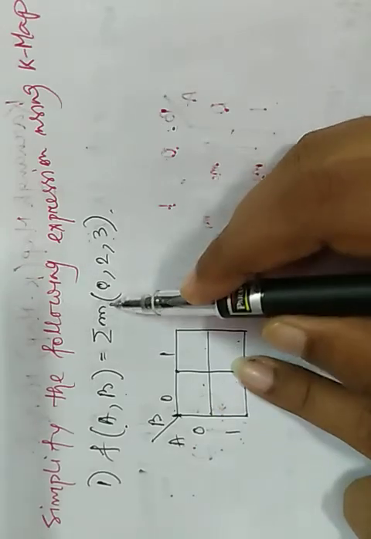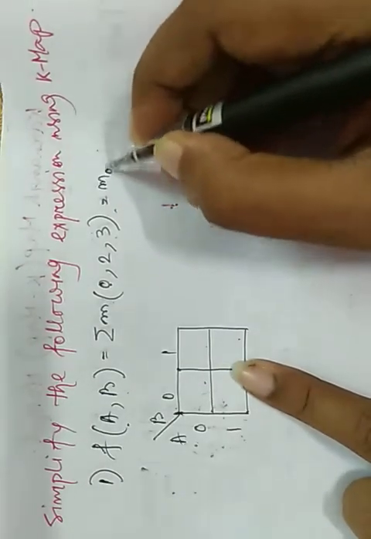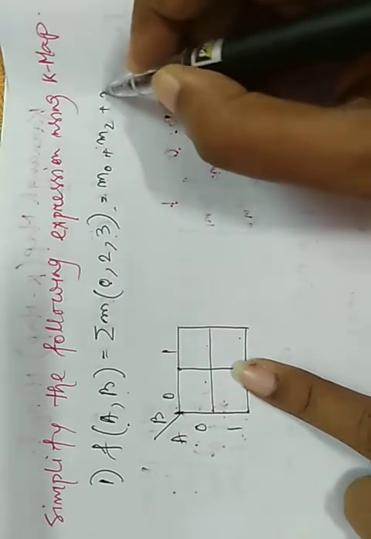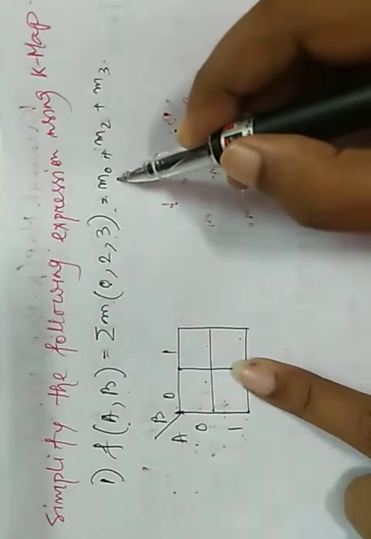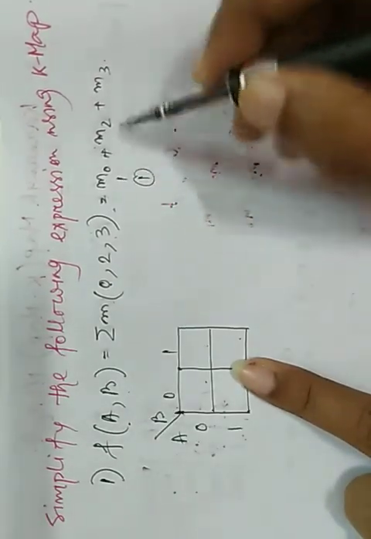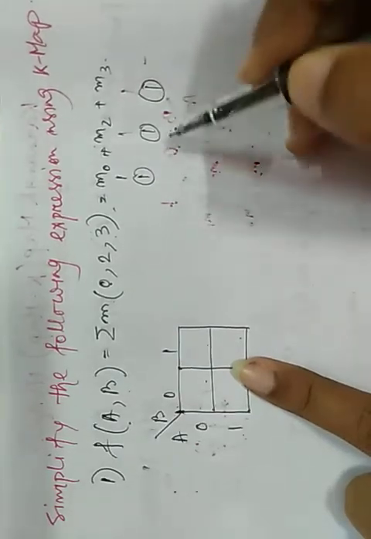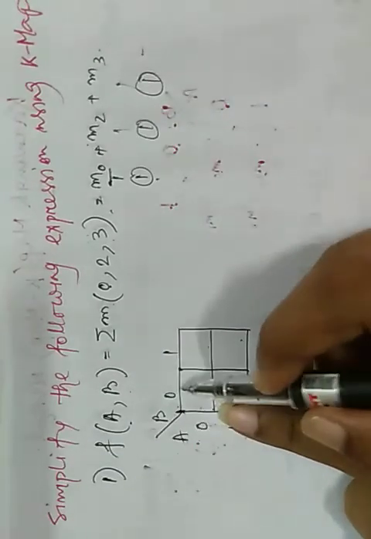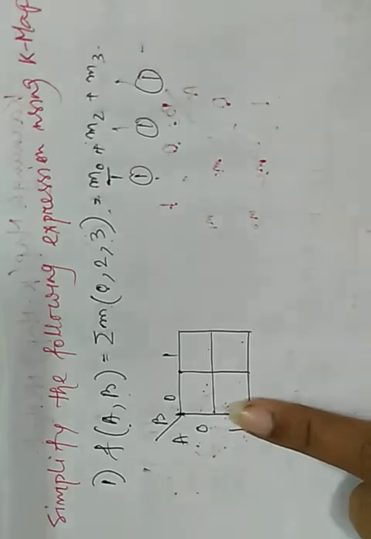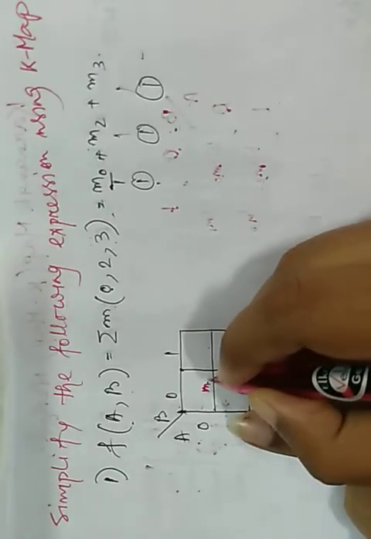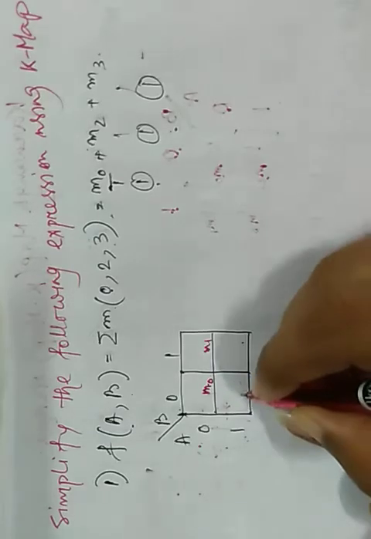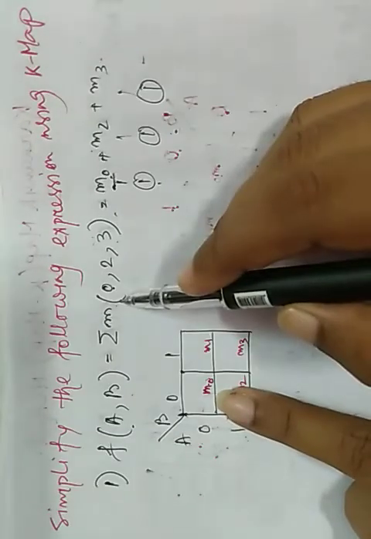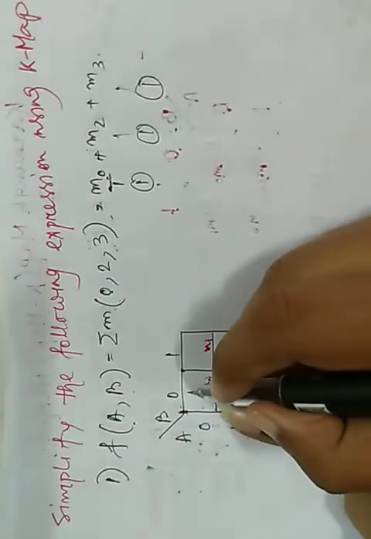0 means M0. M0, 1, 2, 3. What does it mean? It means M0, M1, M2, M3. Okay. So for min term values, we know that we put 1. So we have to put 1 in the cell of M0. That means the first cell is 1. So I am writing here for your understanding, M0, M1, it is M2, it is M3. Okay. So for M0, as M0 is given in our expression, M0 should be 1.